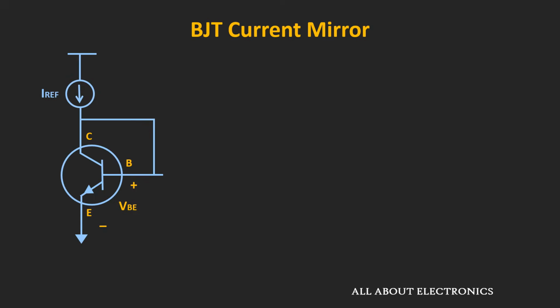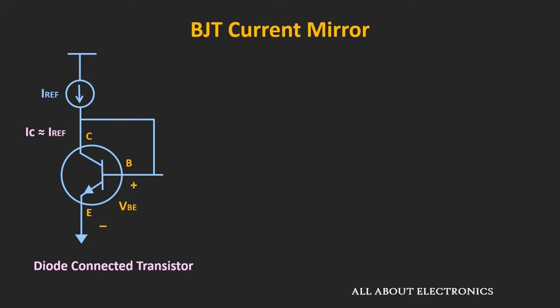So this is the way by which we can convert the reference current into the voltage. Here, as you can see, the collector and the base terminal of the transistor are connected together. So basically it is the diode connected transistor. That means here the BJT acts like a diode. And here this reference current is applied at the collector terminal. Now here, for a moment, let us assume that this base current IB is negligible. That means here we can assume that this collector current IC is approximately equal to I reference.